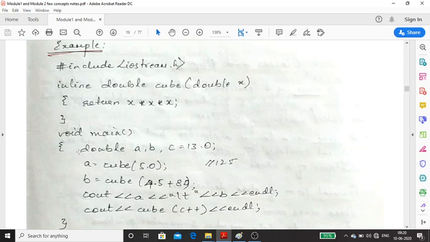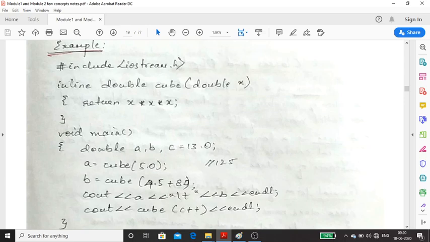Next, control will jump to the function and execute it. After executing, by fetching the stored address, control will come back to this line, replacing the call with the result. What is 5 cube? 5 cube is 125, so this will be replaced with 125. This is just like going to Pizza Hut and coming back.